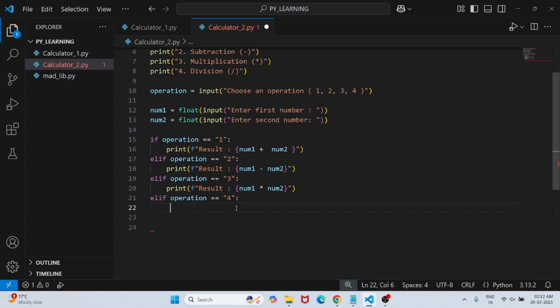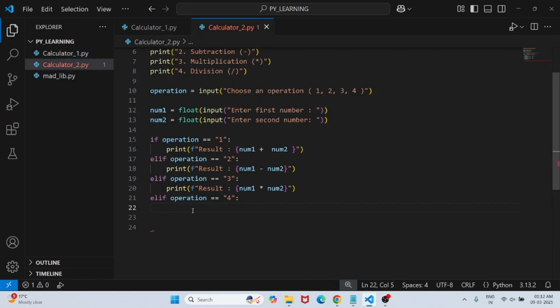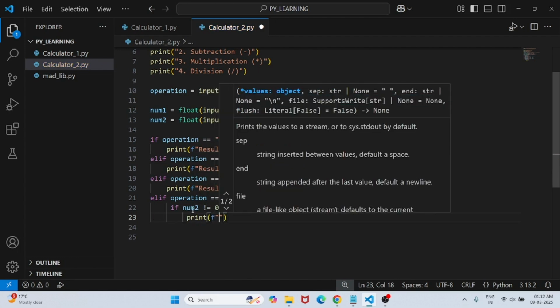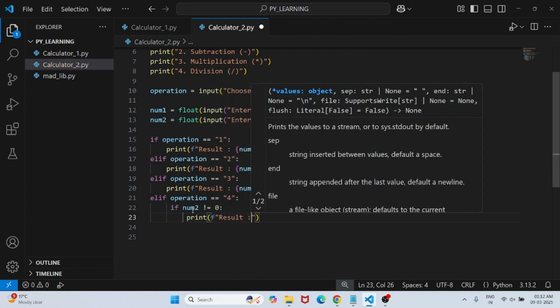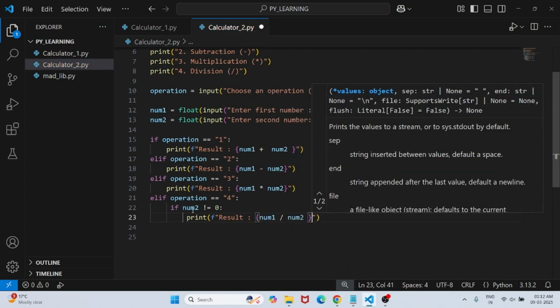So to handle this, we can use the try and except block as we have seen in our first calculator, or we can add one more check here. If num2, okay, this is not equal to 0. If it is not equal to 0, then print result, num1 divided by num2,